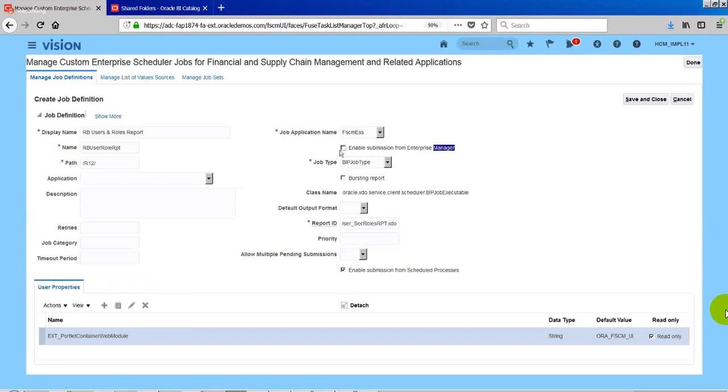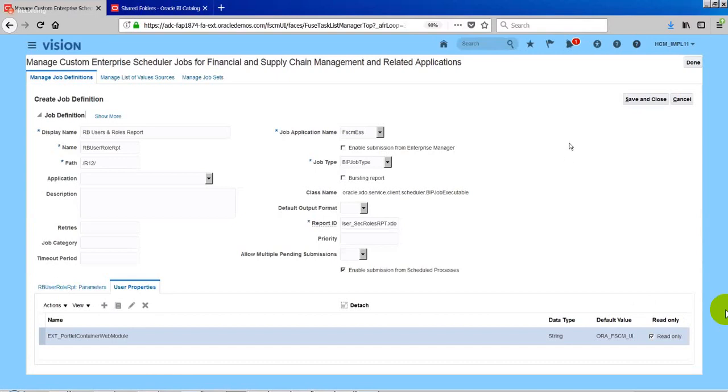Since we don't have access to enterprise manager anyway, it doesn't make much sense for us. By default, enterprise manager does not get all the reports and custom reports we are registering. By default it is not available. Everyone has to come to the ESS user interface to submit a job.